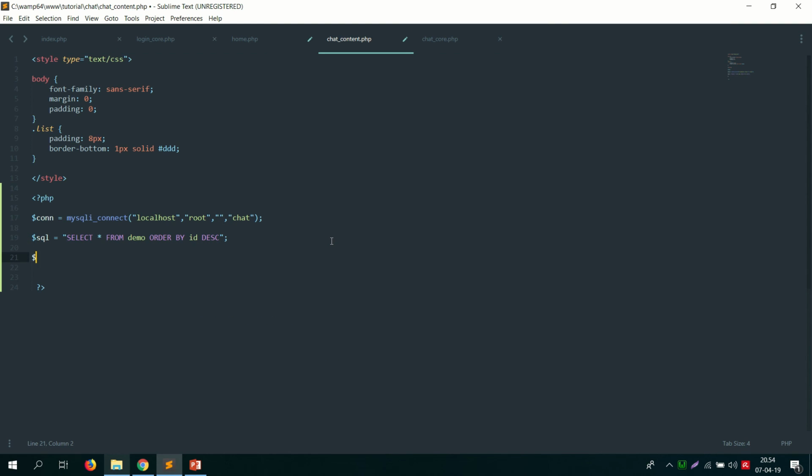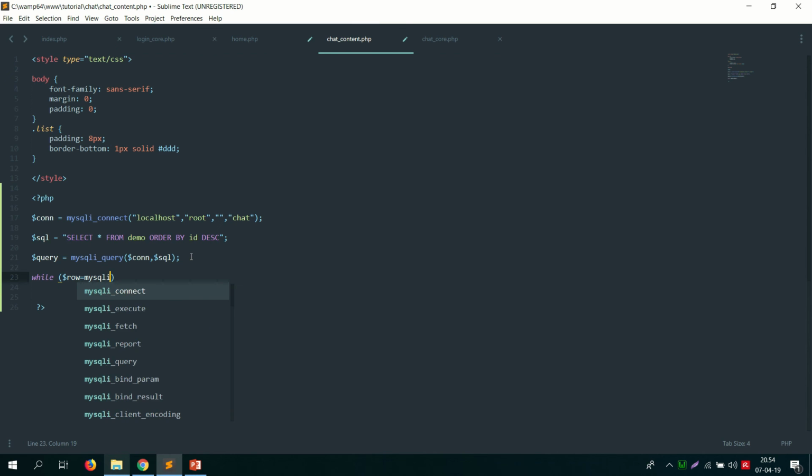Now we will have to run a query. Query is equal to the MySQL query method. The first parameter is the connection and the second parameter is the SQL. Okay, the query is finished. Now we will have to run a while loop. While I will use row is equal to mysqli fetch array. The array is query,